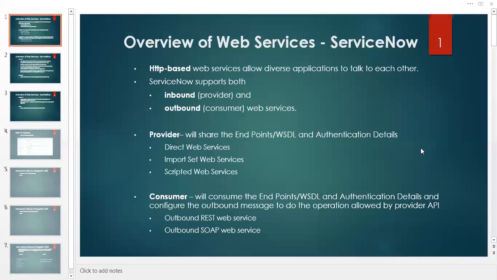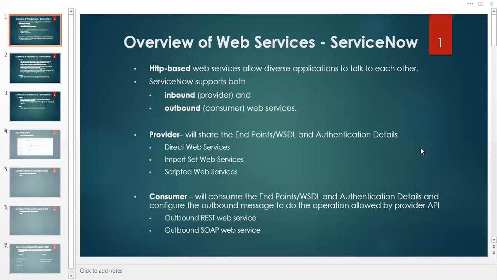For the creation part, ServiceNow will act as inbound, and Jira will act as outbound. For the update part, now Jira will act as provider, and ServiceNow will act as consumer. So I hope this is clear to you now.